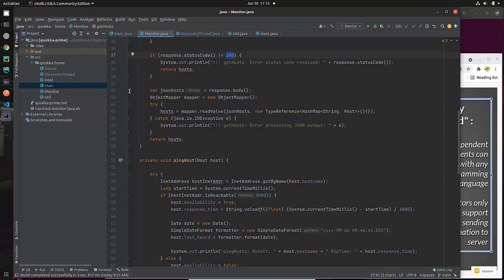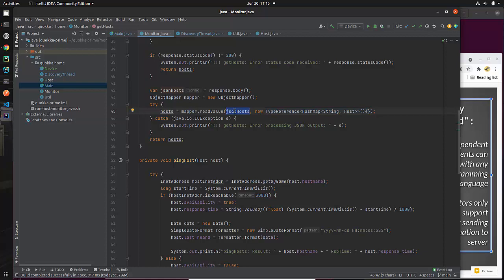And now I need to do this mapper business, and this is what I do, where I need to declare my mapper, and then I'm going to do a read value. Now this will look like gobbledygook to you, I got to admit. It has to me in the past. I don't want you to spend too much time on it, but basically what I need to do, the way that it works with this mapper, and you may or may not run into this in other situations, what I need to do is tell it what is the data structure in which you are going to put this JSON